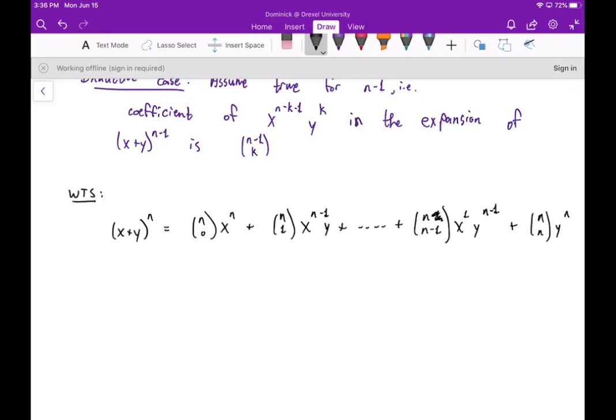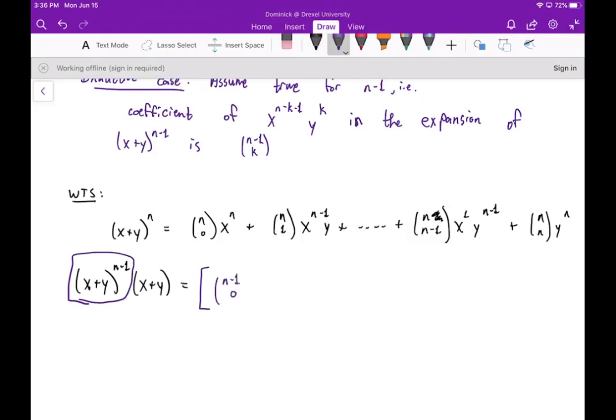All right, well, let's separate this. We know that we're going to have an (x plus y) to the n minus 1, so we can use our inductive hypothesis times an x plus y. Now we know, based on our inductive assumption, that this part, and I'll write this part in purple, is going to be